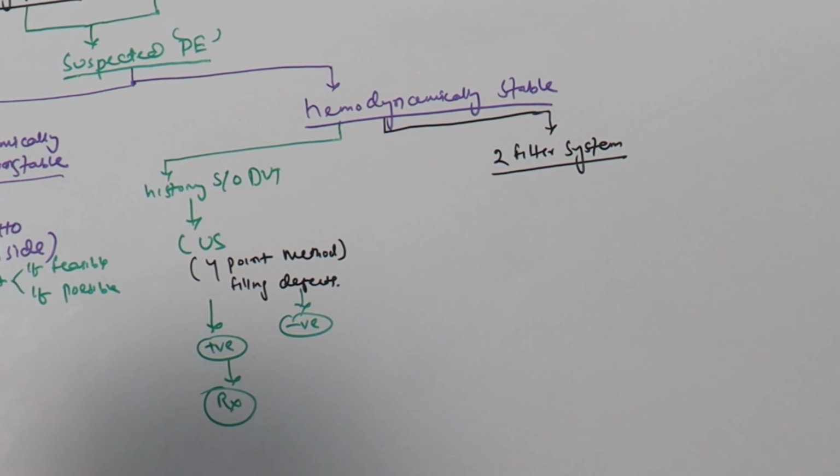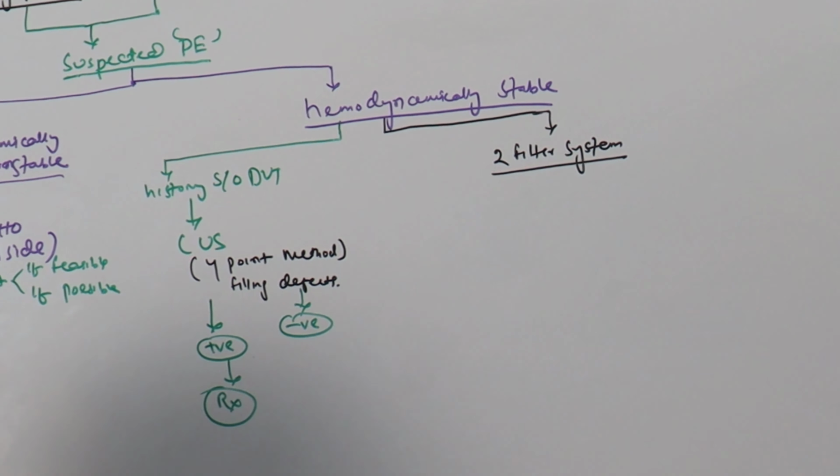Right? So if a patient is high risk, because D-dimer has a high negative predictive value and a very low positive predictive value, you do not do a D-dimer test in patients who have a high risk of developing a PE. You go directly to CTPA. If CTPA is positive, then you treat. If CTPA is negative,